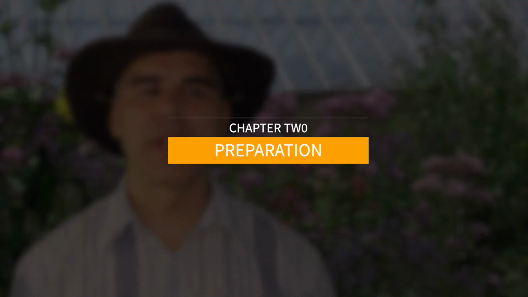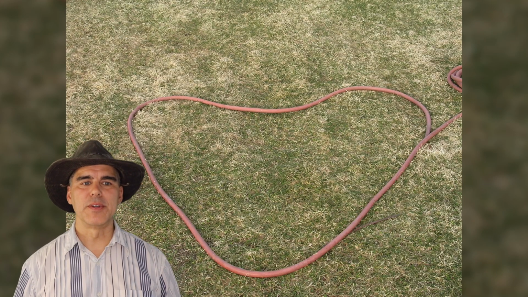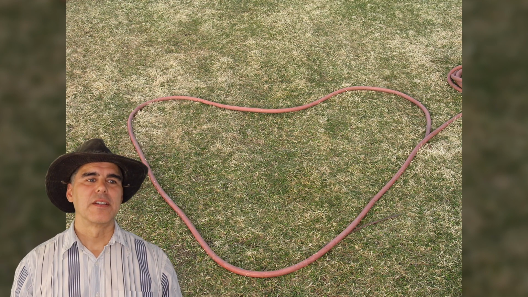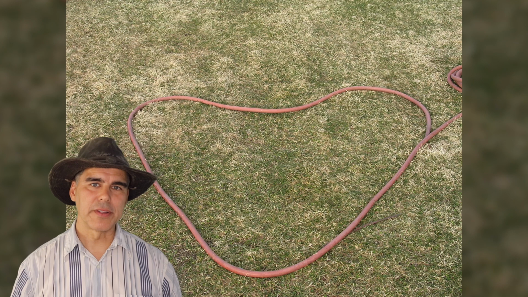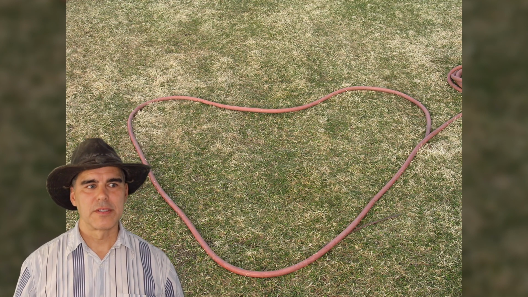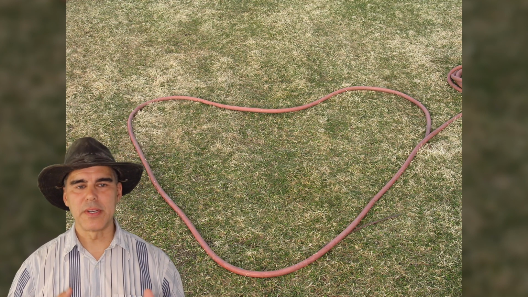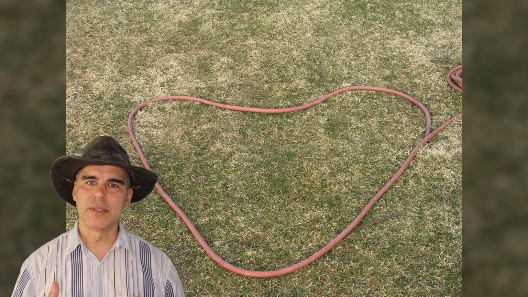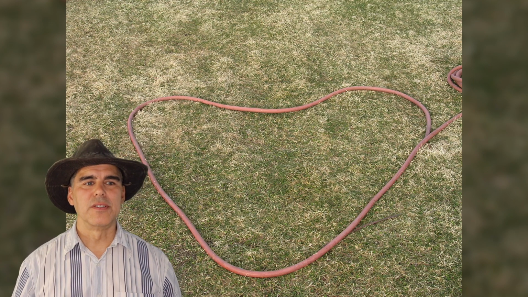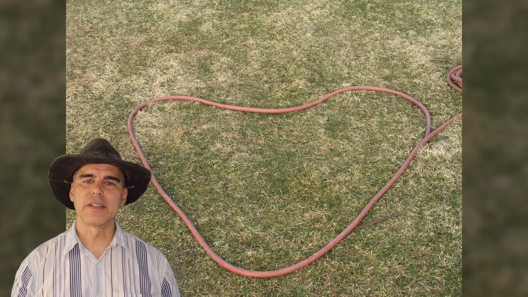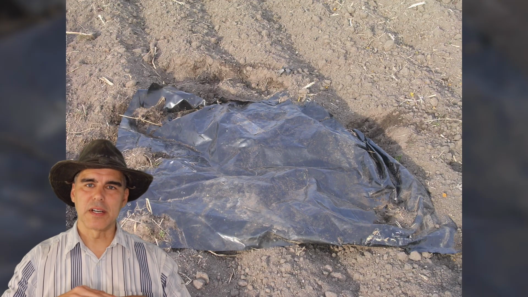For small-scale plantings and gardens, we need to remove the excess existing turf. Here you can see I'm using a garden hose to delineate the garden bed that I want. The old school method was using chemicals to kill the vegetation and then repeatedly tilling the site to deplete the weed seed bank. A more holistic approach is to low mow the planting site initially and then cover with black